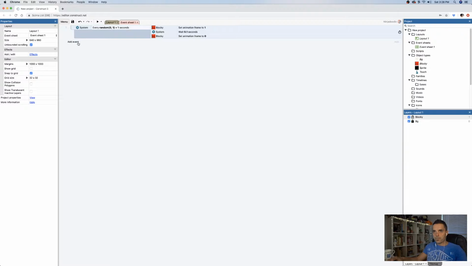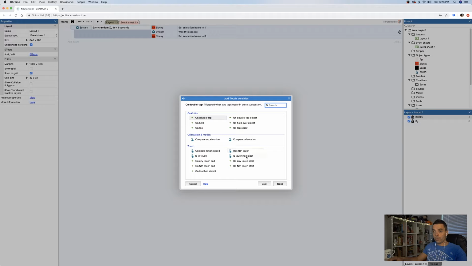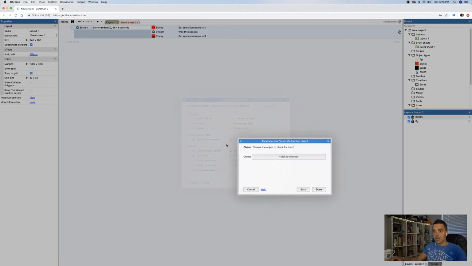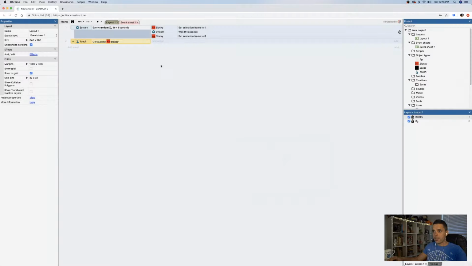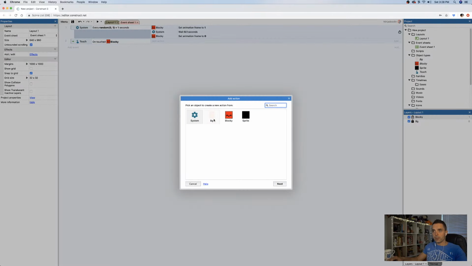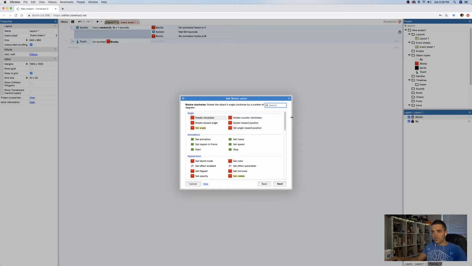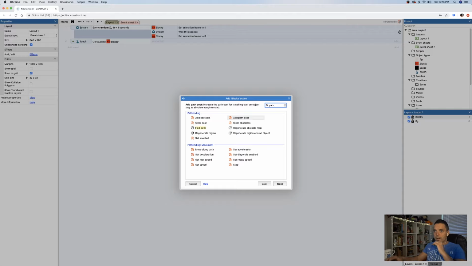So, on touch, object Blocky. This is just experimenting, guys, so we'll see. Blocky, pathfinding, no, path. Okay, add obstacle, even using custom obstacles. Okay, find path: start looking for a path to our destination, later on triggering unfound path. Okay, move along path. So first we have to find the path, I assume. There's also a whole lot of